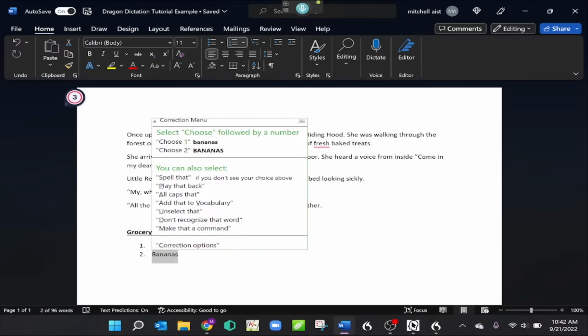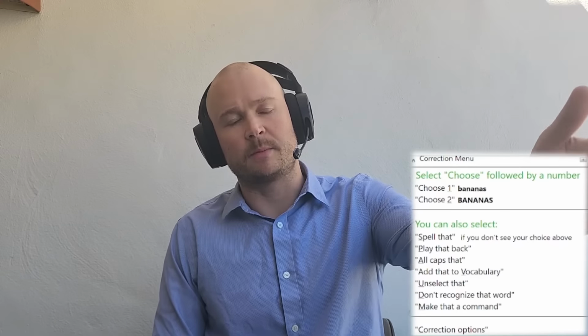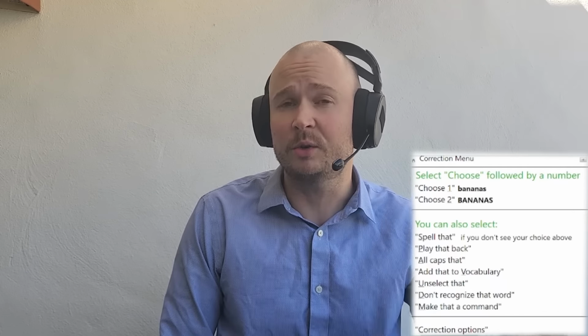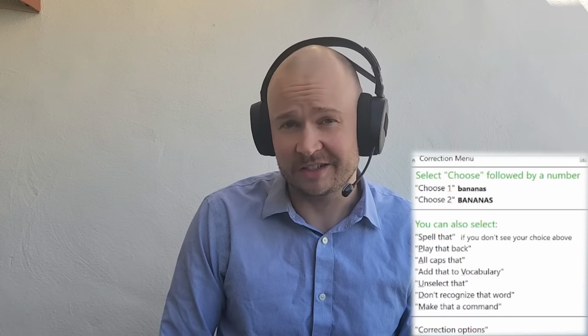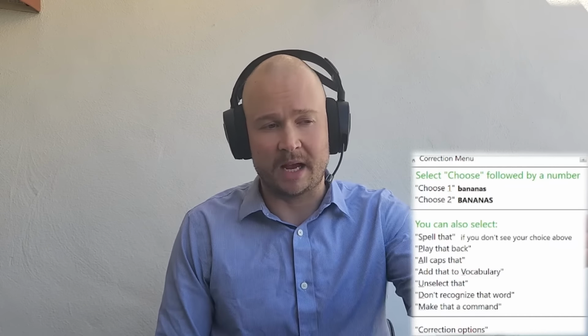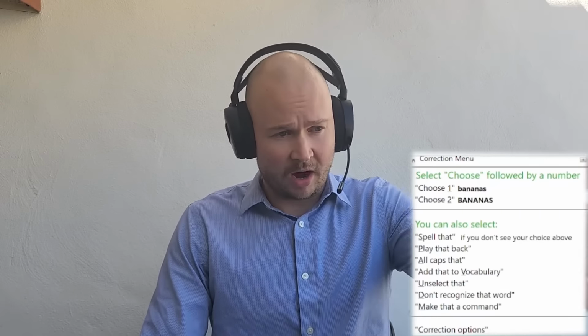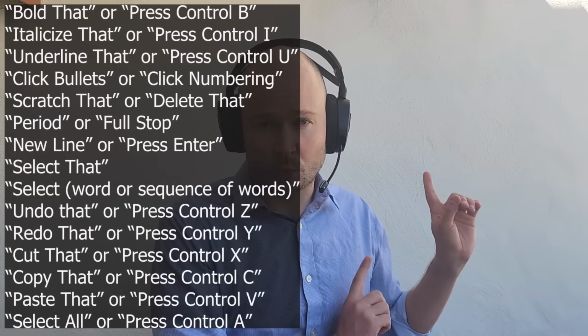Go to sleep. So what you can do here, it'll have some options for you with capitalization and alternative spellings. You can say choose 1, choose 2. I've seen as many as like 10 suggestions, which is pretty cool sometimes. You can also spell that if you don't see any of your options listed there, and some other options that we're not going to get into. But just play around if you're using Dragon and trying to learn how, just see what those do. And again, I will list some of my favorite dictation commands here on screen as well.